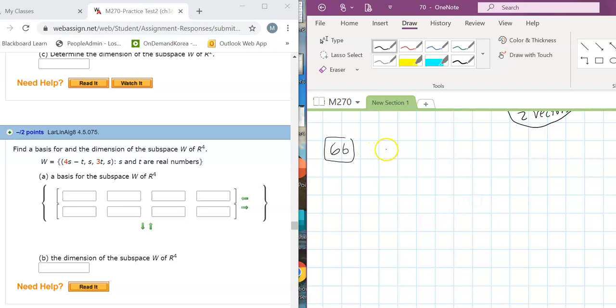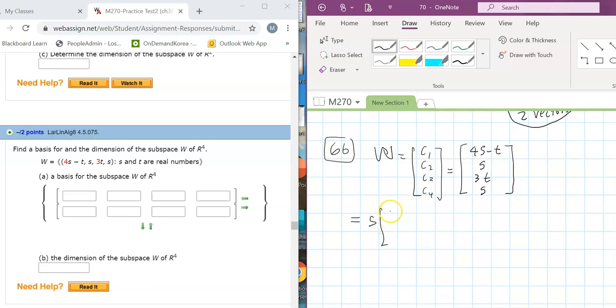The solution space consists of this W. Usually, this is the result of C1, C2, C3, C4, which is 4S minus T, S, 3T, S. That's what it means. So this is S first, and then